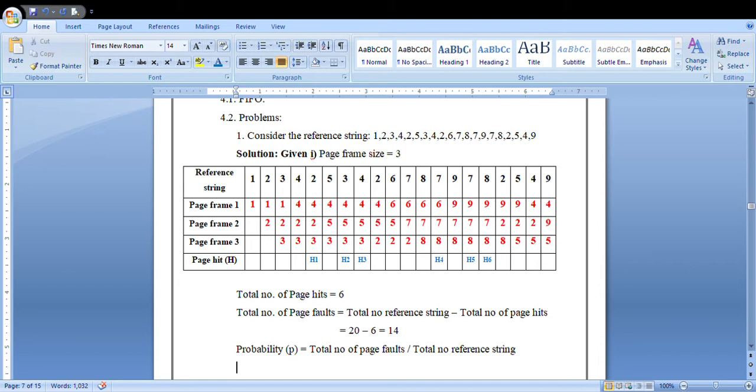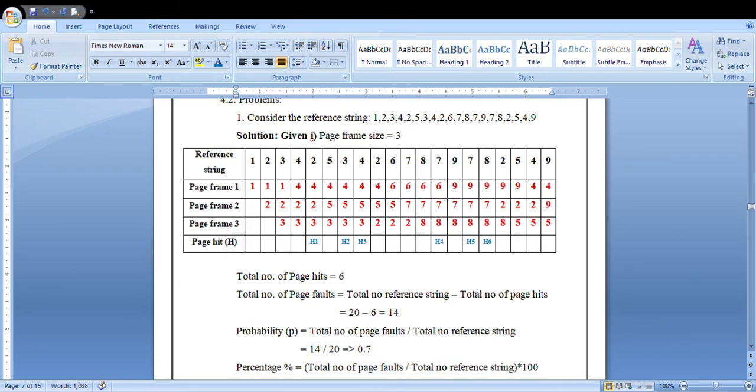The probability of the page fault can be calculated using the formula: total number of page faults, which is 14, divided by the total number of reference strings, 20. 14 divided by 20 gives you the probability of the page fault. The value of 14 divided by 20 is 0.7.